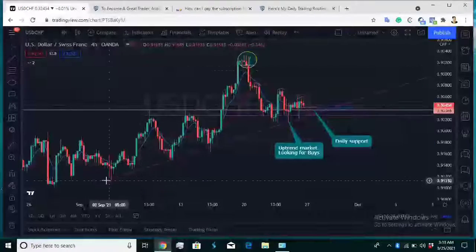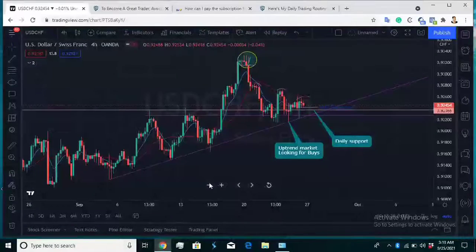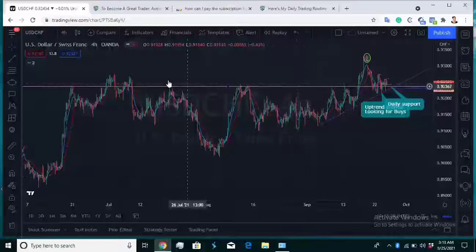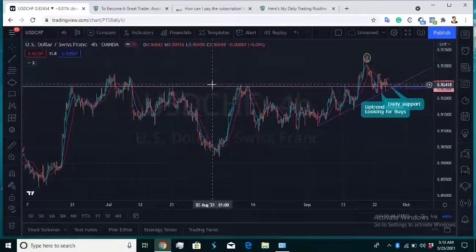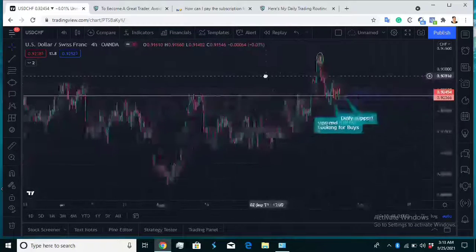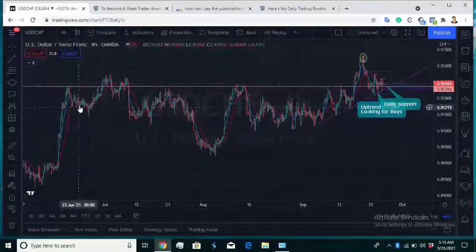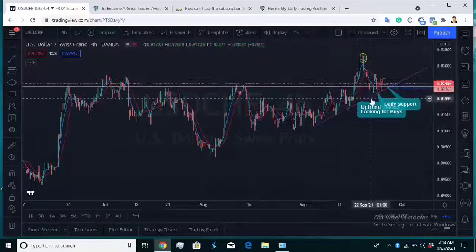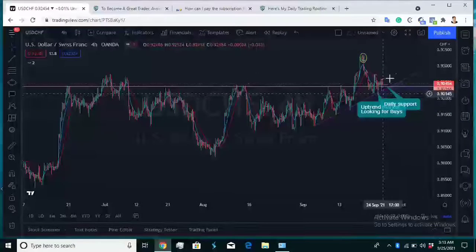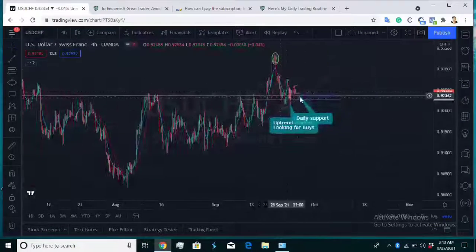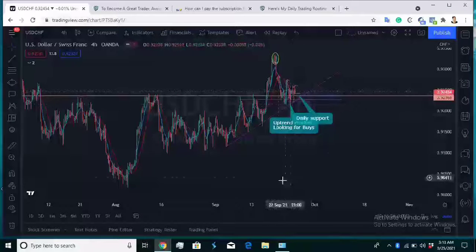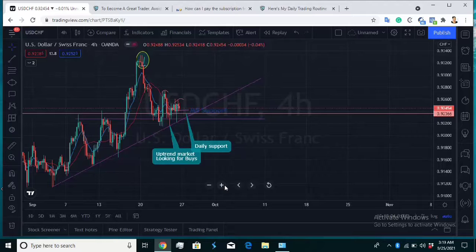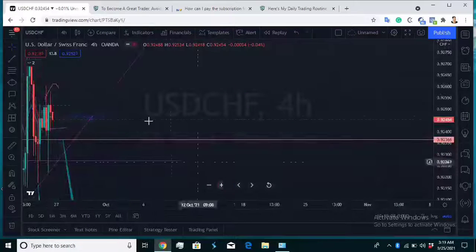And if you look at this time frame, we also can see that the market is on an uptrend already. This is the daily time frame. This is the daily indecision level that we saw, and we see the market here, the same thing, acting as resistance all the way right here, testing the resistance level until it broke above it, and currently it is acting as a support on the 4-hour time frame.